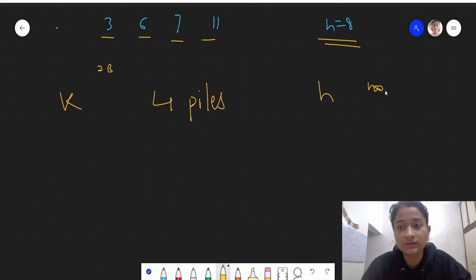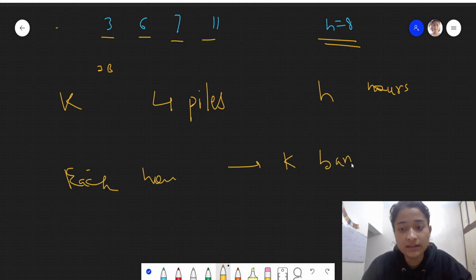In each hour, Coco can eat K bananas. And from any pile, like from this pile, Coco can choose K bananas and will eat those bananas in 1 hour.